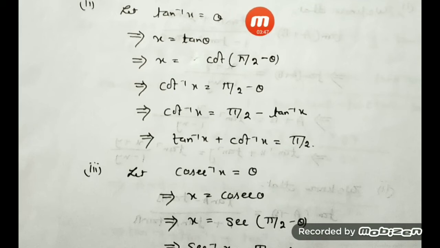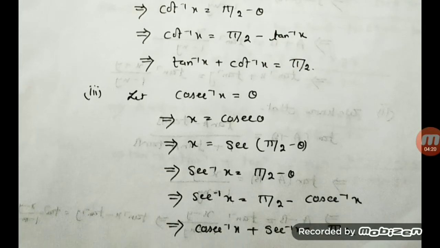So the first quadrant angle is 90 degrees minus theta. Since you have to introduce cot from tan, we can apply 90 degrees because for an odd multiple of 90, tan will change to cot and cot will change to tan. So here we have used cot of pi by 2 minus theta. Bring this to the left side, it becomes cot inverse, that is pi by 2 minus theta. Theta means tan inverse of x. So bring it to the left side and the proof is done.